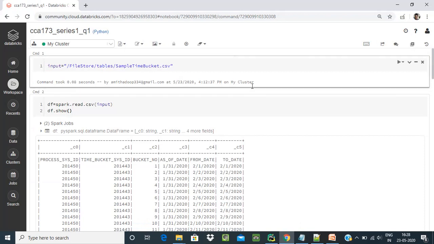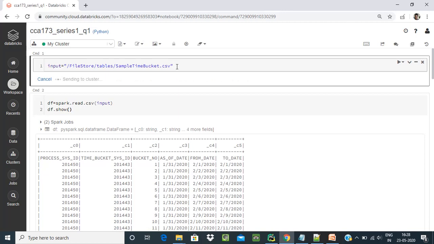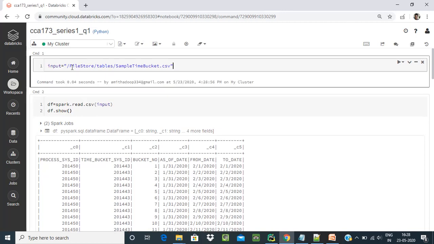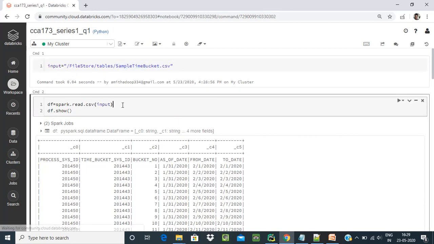This is Databricks, and in Databricks I have taken one input file, and in this location there is sample data. I read the data with spark.read.csv.